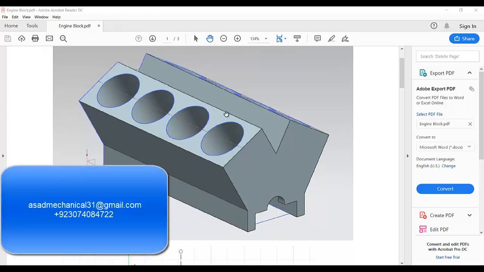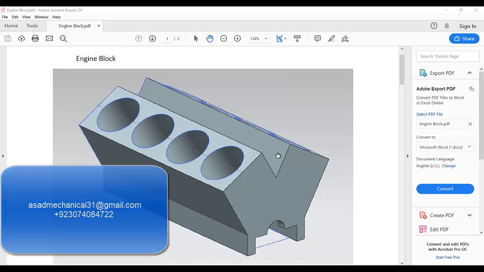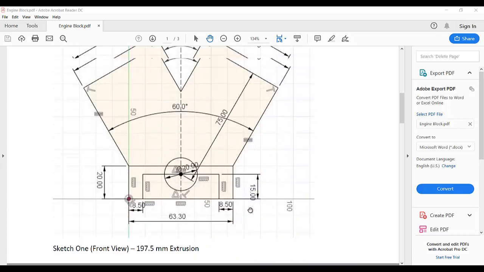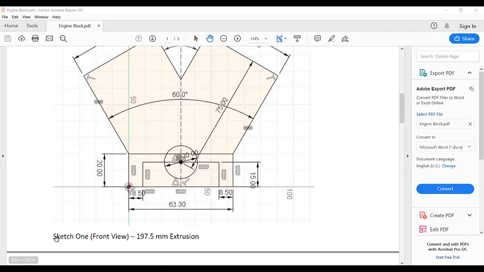In this video tutorial, I am going to design this engine block. So here is the 3D view of the engine block. First, I am going to design this front sketch on the right plane. This portion of this sketch which is showing here, and you can see it in a 2D view. And then we are going to extrude it to